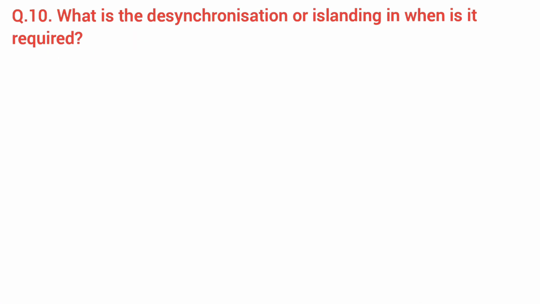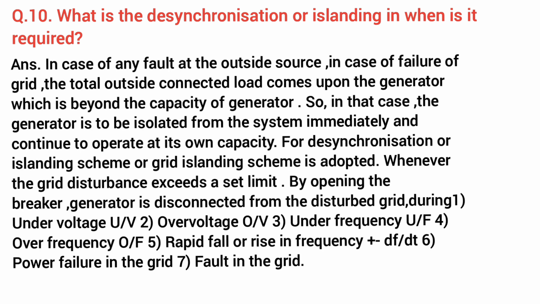What is desynchronization or islanding and when is it required? In case of any fault at the outside source, or in case of failure of grid, the total outside connected load comes upon the generator which is beyond the capacity of generator. So, in that case, the generator is to be isolated from the system immediately and continue to operate at its own capacity. For desynchronization, islanding scheme or grid islanding scheme is adopted whenever the grid disturbance exceeds a set limit. By opening the breaker, generator is disconnected from the disturbed grid during